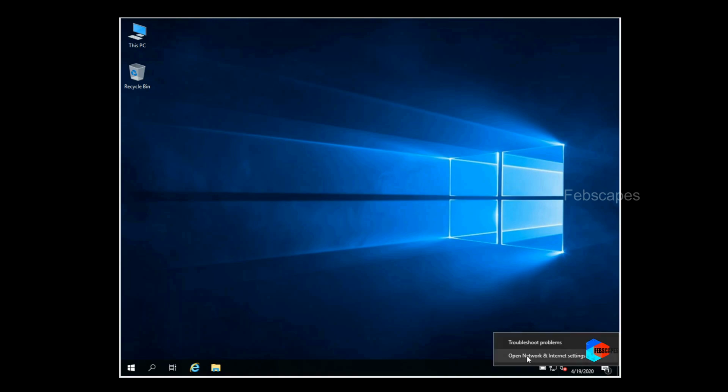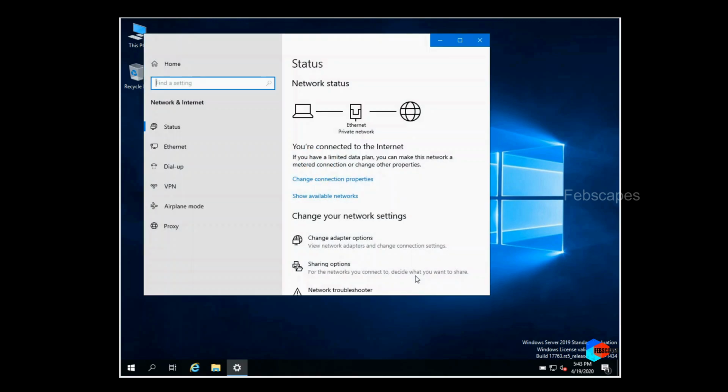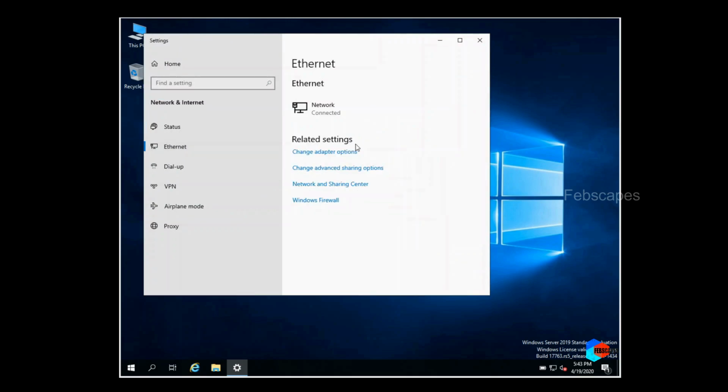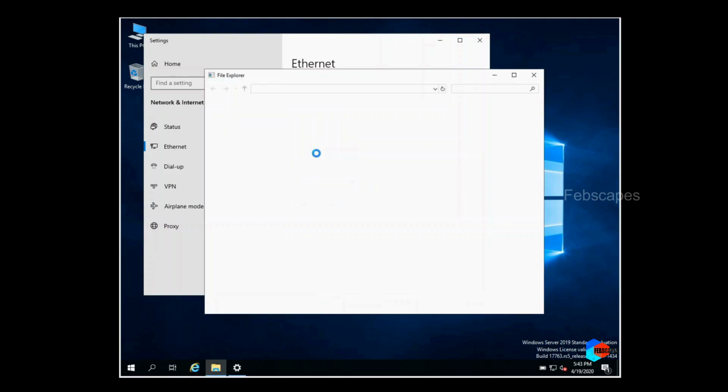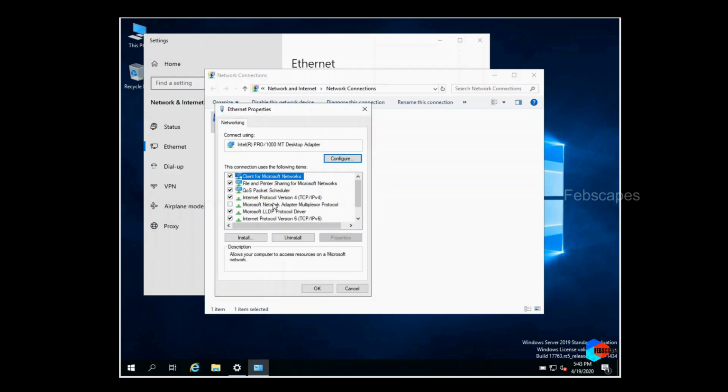So right click and choose Open Network and Internet Settings. Then click on the Ethernet button here. Then choose Change Adapter Options. Here we need to right click the Ethernet, then choose Properties, and in the